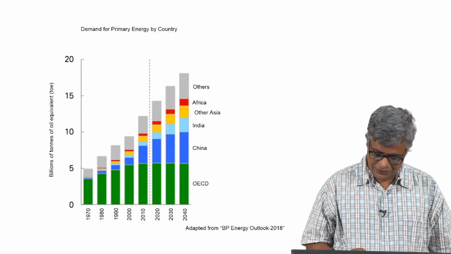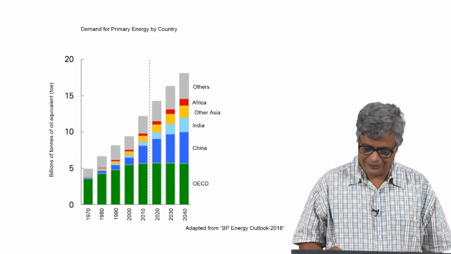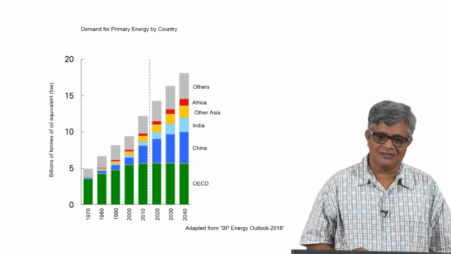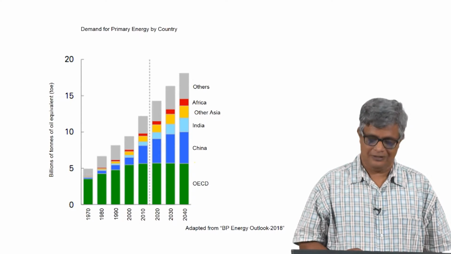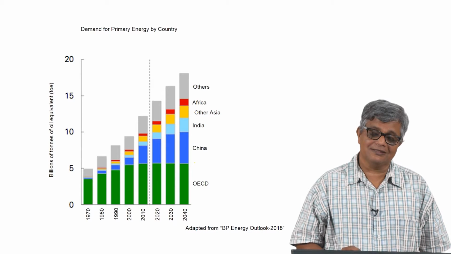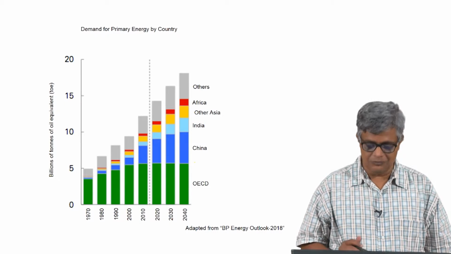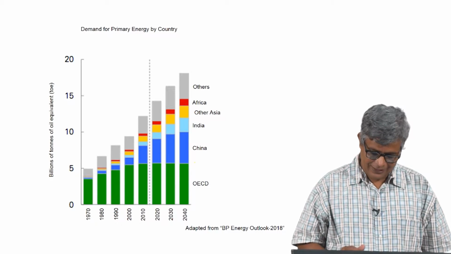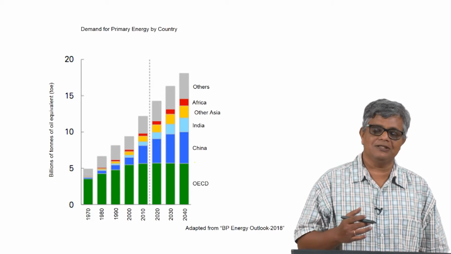But what is important, what is also interesting here is the energy consumption and the projected energy consumption by China. In 1970s, India and China were consuming about the same amount of energy here, but there has been a rapid industrialization by China over the past 3-4 decades, with a sustained double digit increase in terms of GDP for 20-30 years. Now it has leveled off to some extent, but still it is a rapidly growing economy, and rapidly growing economy needs a lot of energy because of the linkage between GDP and energy consumption.